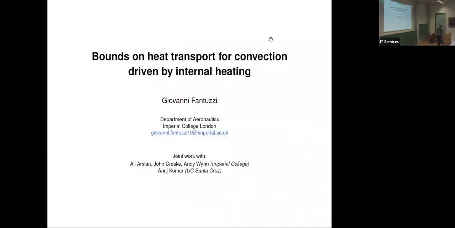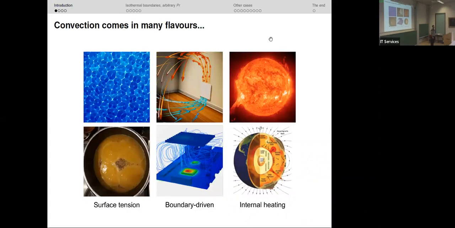Okay, well, so the topic of the talk is going to be convection, and we've heard about convection a couple of times in this workshop, and we've mostly been hearing about boundary-driven convection in the Rayleigh-Bénard model. So that's just one flavor of convective motion, but convection is ubiquitous in nature. You see it at a small scale, you see it at a very large scale, and it can be driven by different physical phenomena. So boundary-driven convection driven by buoyancy is just one example, but if you go to the small scales, for example, drying paint, free surface flows, then instead of buoyancy, convection gets driven by thermal differences and